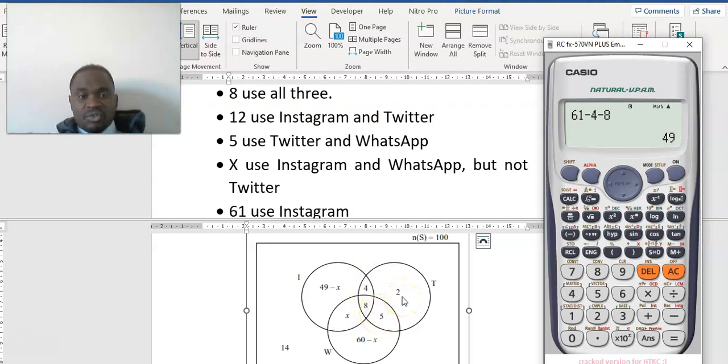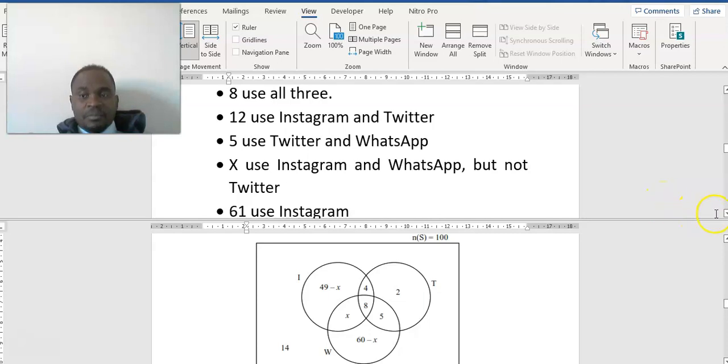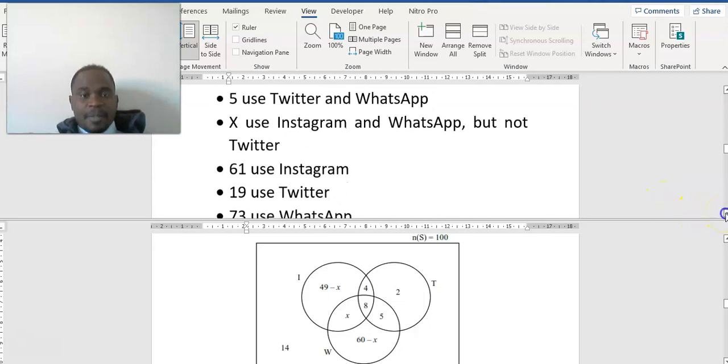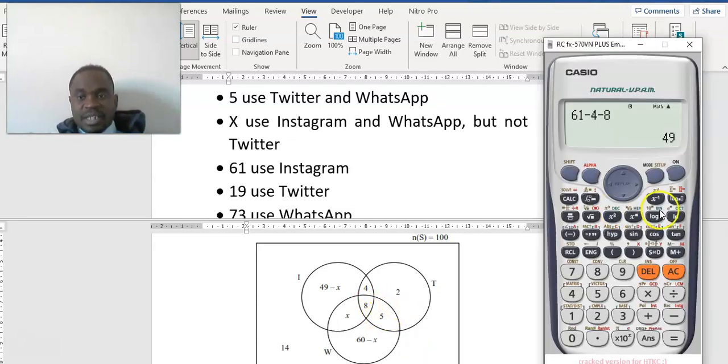How did we get these 2? Let's look at the total for Twitter. Twitter is only Twitter. Those who use Twitter is 19. So the whole of this is 19. We know this, we know this, we know this. We can find this. How do we find this one? The whole of this is 19. So 19